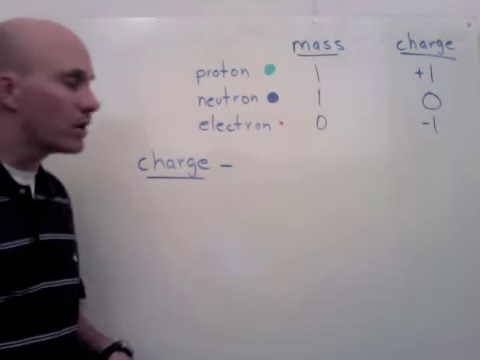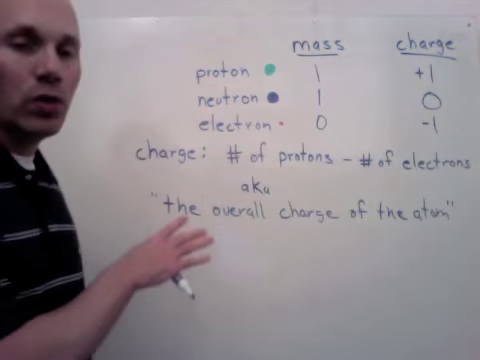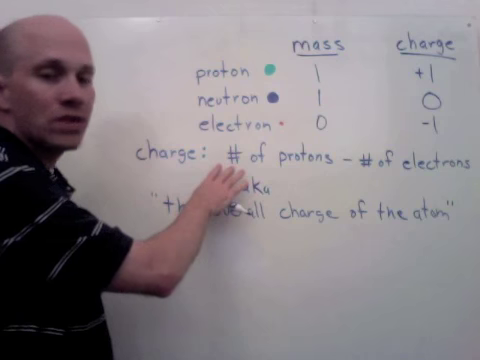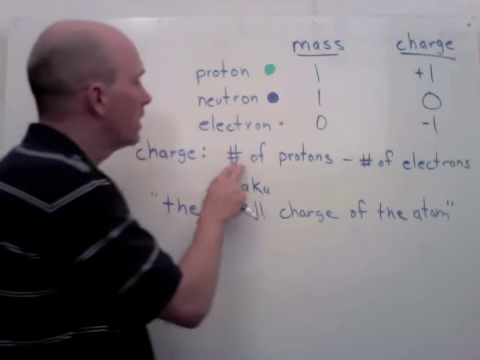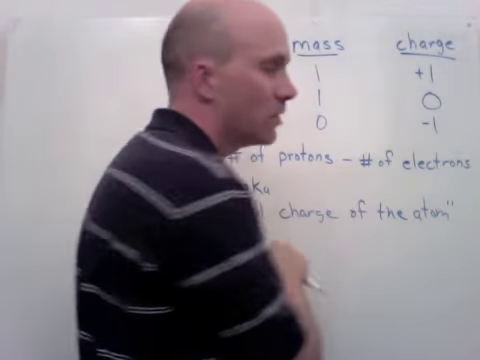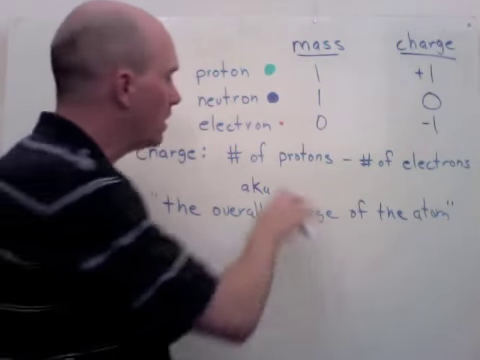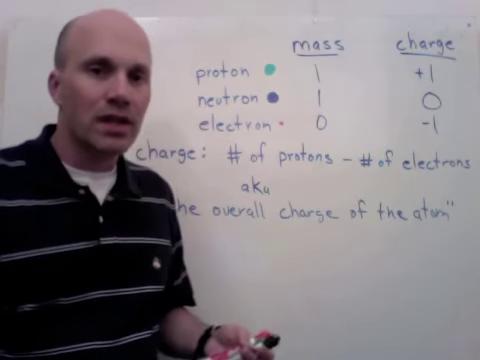The next thing that we need to talk about is charge. If you wanted to know the charge of an atom, you could use this little formula to figure it out. It's the number of protons minus the number of electrons. Okay? But I'm not going to use this one all that much because I think there's a better way to